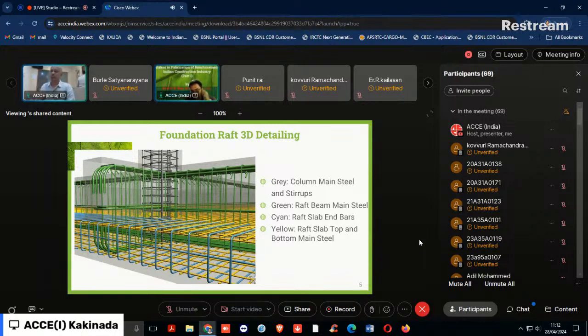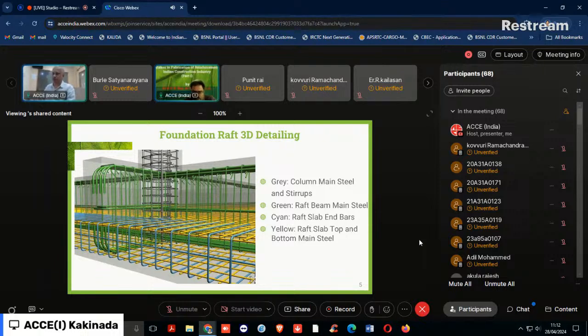What it clearly gives is that three-dimensional detailing will eliminate the mistakes that generally take place, especially in complicated structures like a raft. This is one of the problems I recently came across on my own site, where I had given an excellent presentation in a two-dimensional manner, satisfying all the IS 2502 requirements and the SP 34 requirements. In the two-dimensional plan, I had given the reinforcement drawing, but the bar bender was unable to understand